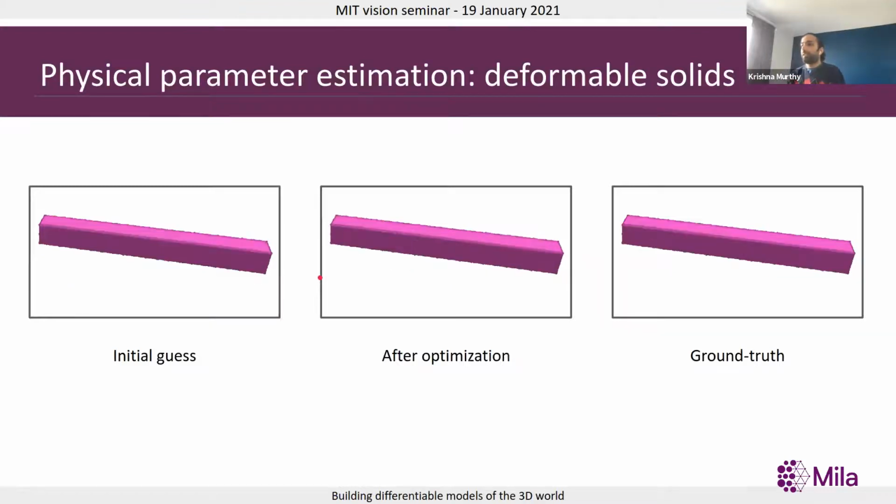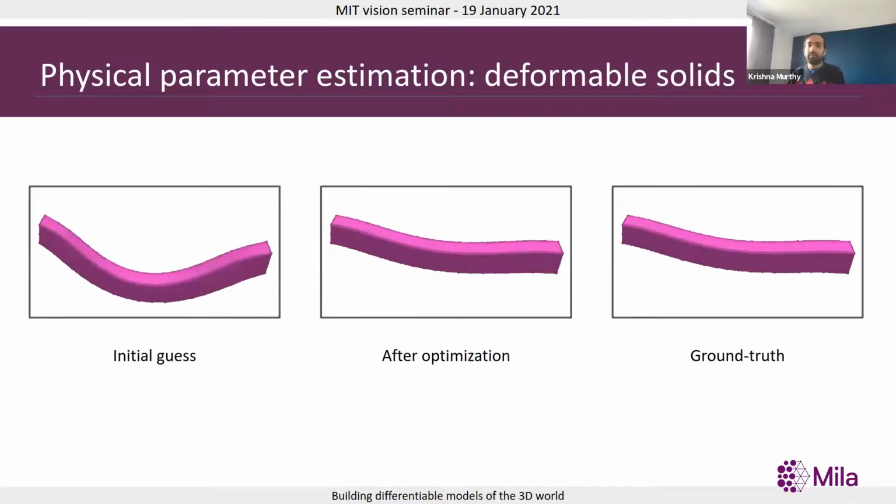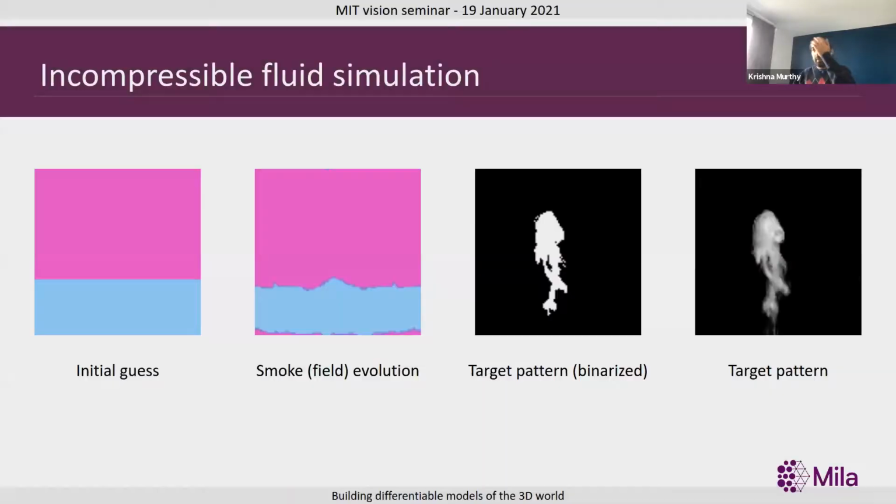And here's a deformable solid example. This example is based on an autograd example, and I guess Diff Taichi also has a very similar example, where we have this target pattern. This is just an image that I got off Google Images and then ran an off-the-shelf binarizer on, one that you could find in any open source library. The target here is that you want to simulate all of these particles to evolve to match this target pattern.